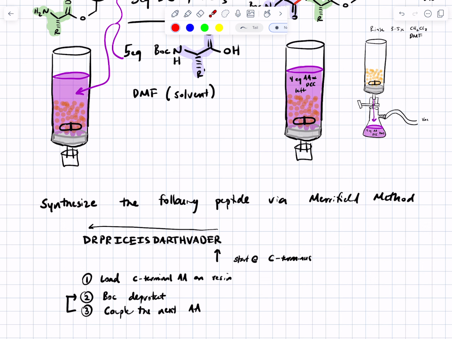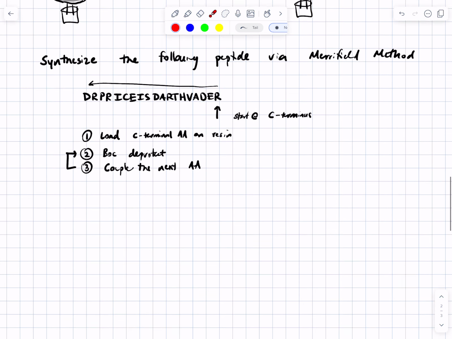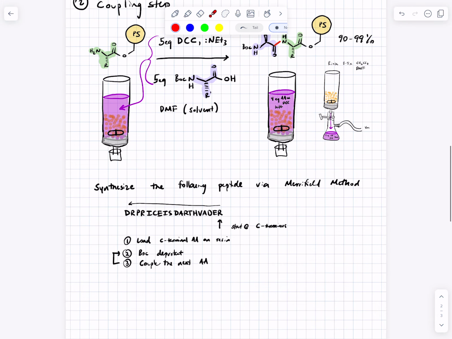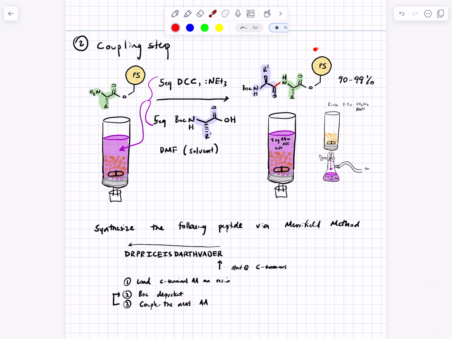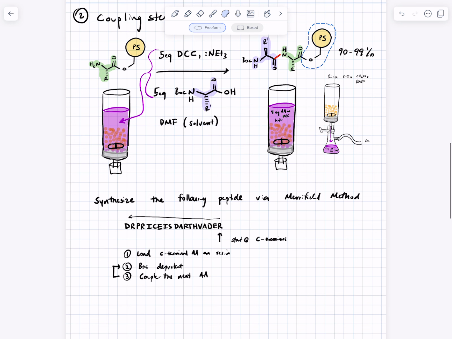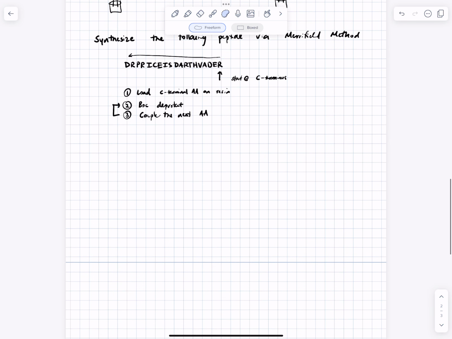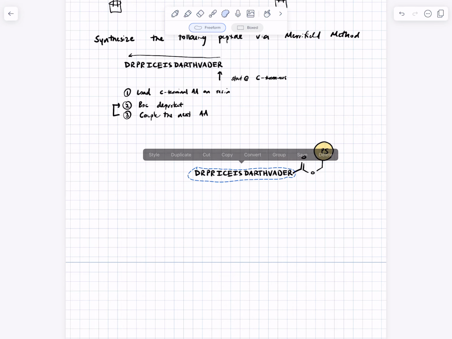Yep. So one of the things we haven't done is, suppose you get to the end of your synthesis and you've got your peptide now bound to the resin at the end. And then I'm just going to put a carbonyl here, and then we're going to copy our